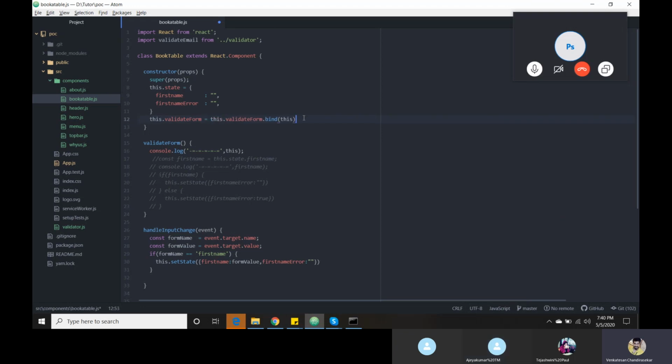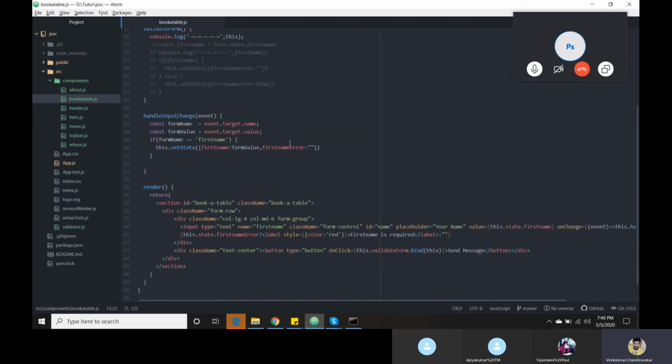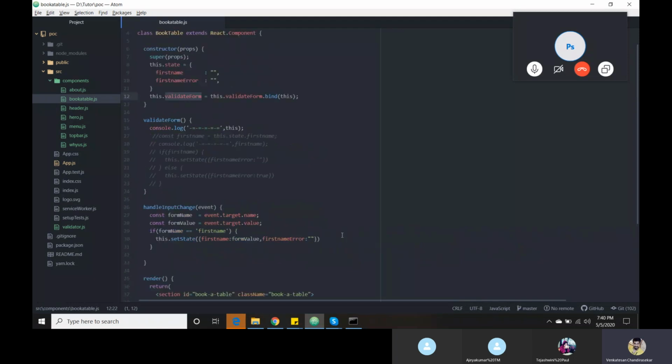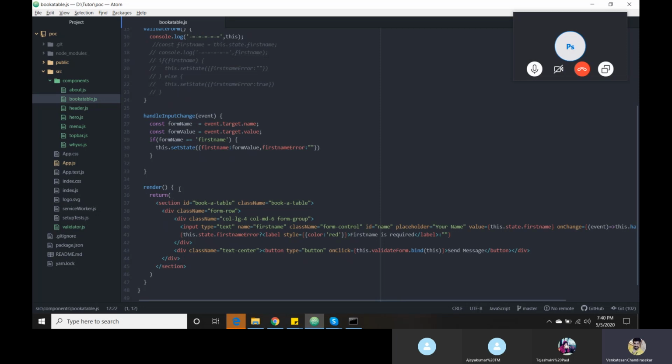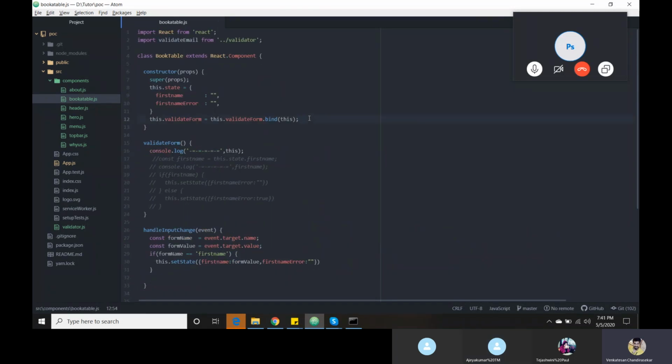This is the default React official documentation one. They advise declaring our functions inside the constructor. Whenever a page renders, every time it will bind, without any changes it will bind. The reason is the constructor renders only once, but render is not like a constructor. Whenever we are changing first name, at that time on change will fire and it will render every time. That's the reason we need to bind our functions in the constructor. This is for performance issues.